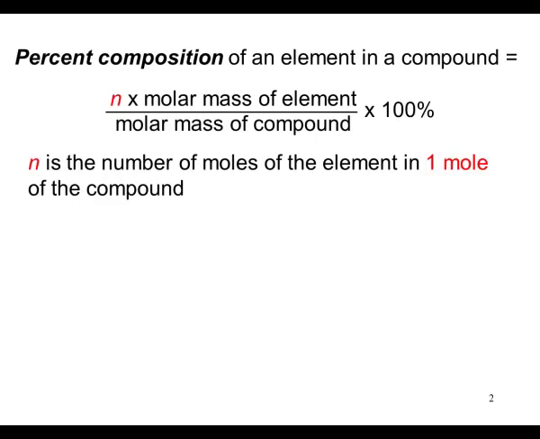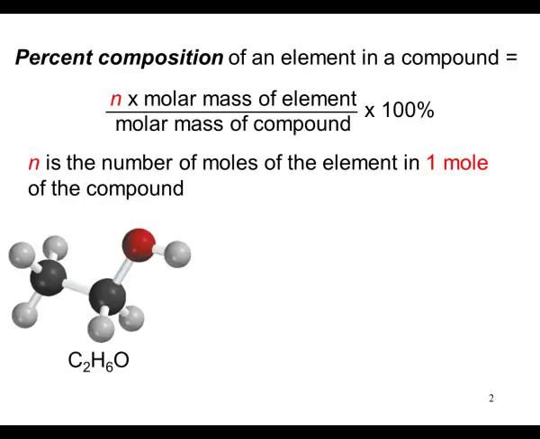To calculate the percent composition of an element in a compound, we take the number of moles of the element in 1 mole of the compound and multiply it by the molar mass of the element, divide that by the molar mass of the compound, and multiply by 100%. For example, take